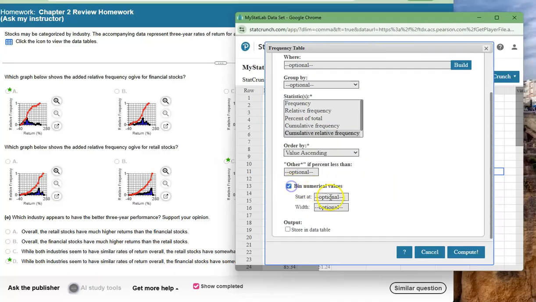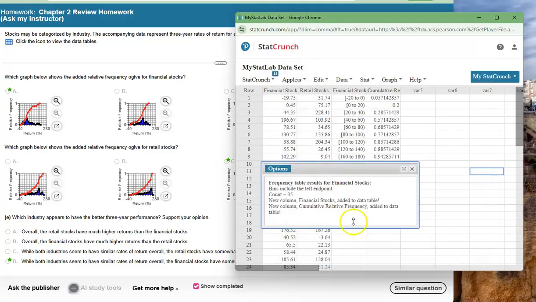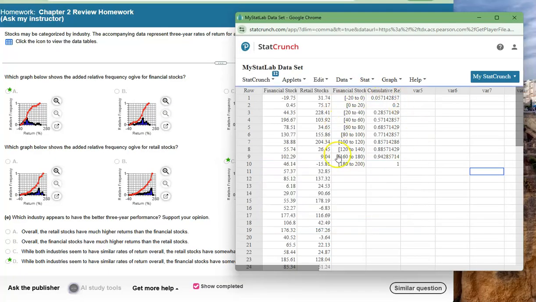I need to update the information here of bin values that were given. And something a little bit different, I'm going to store this information in the data table. Click Compute. Normally we have the distribution in this little pop-up window, but notice now it's actually in the table itself. All right, so the next thing I want to do is change these intervals to be actual X values